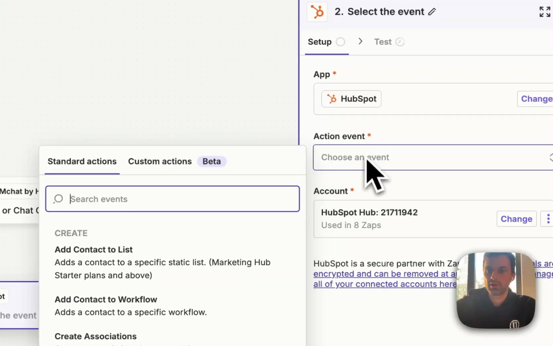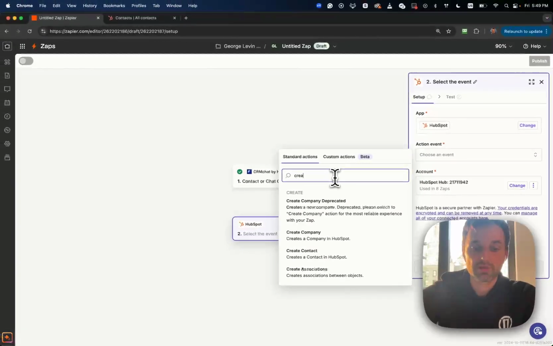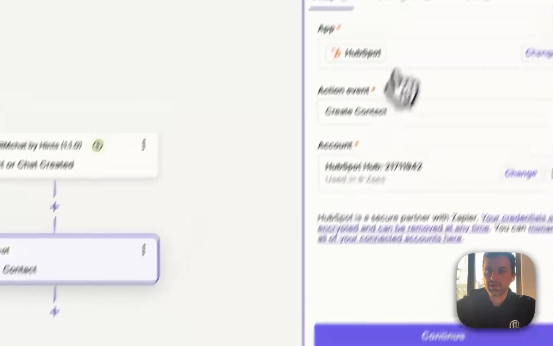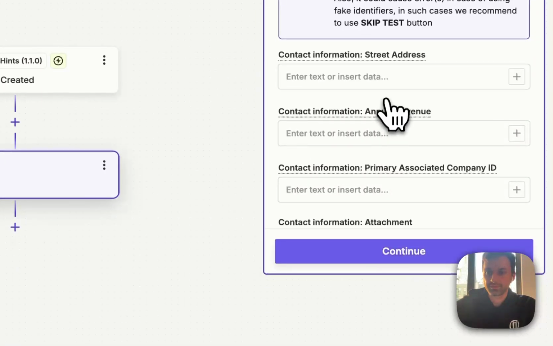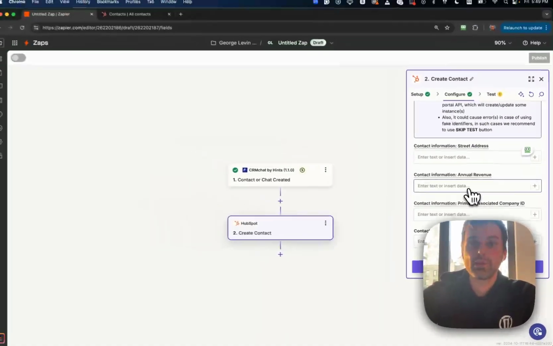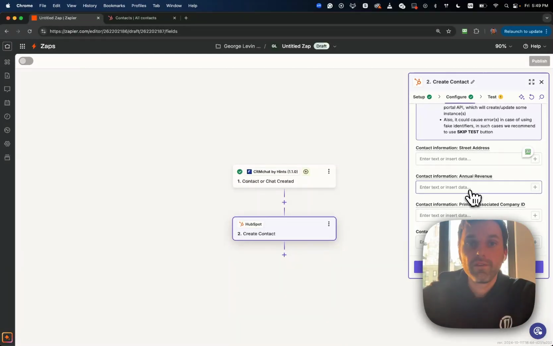Account. You will need to log in here, but I already did this. And the action will be new contact created. So let's type in create contact. Yeah, it's here. Continue. Now we just basically need to map manually all the fields from HubSpot with fields from